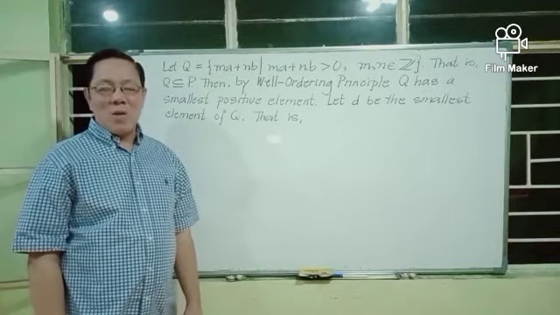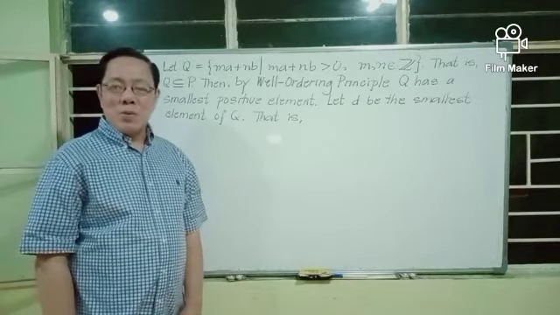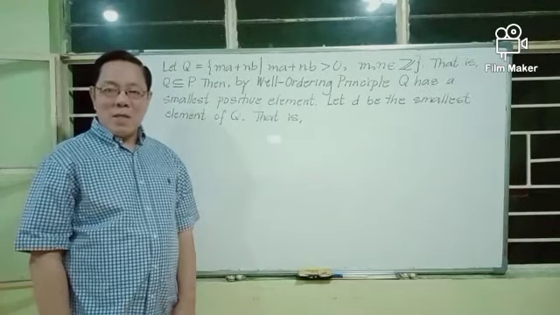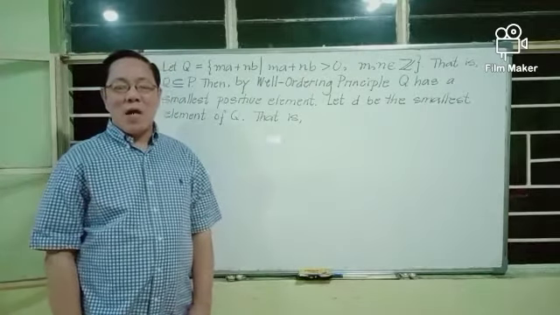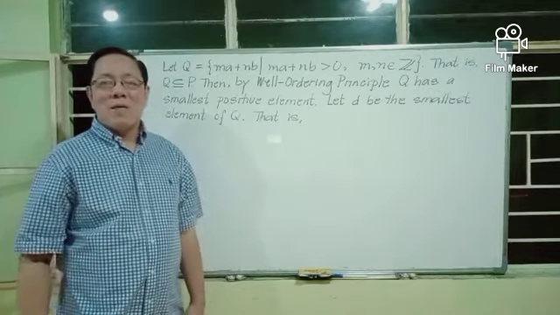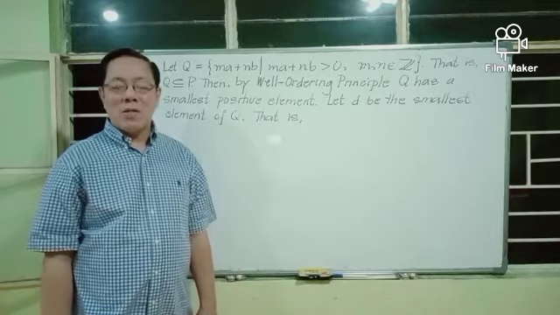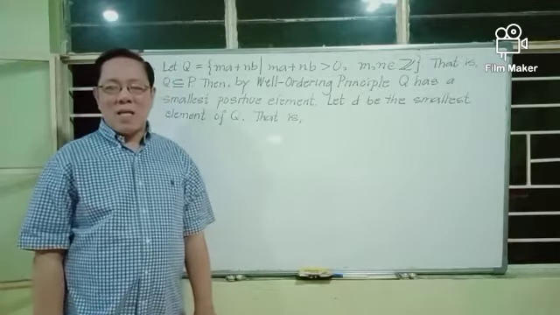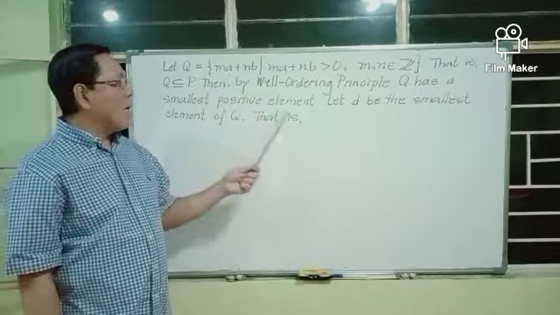And it is because of this well-ordering principle that we are able to arrange the elements of a set in increasing order, because there is a smallest entry or element which we can make as our reference. And from that reference element, the smallest positive element, we can arrange in order the other entries of the set with positive integers as elements. So we are sure that Q has a smallest positive element,